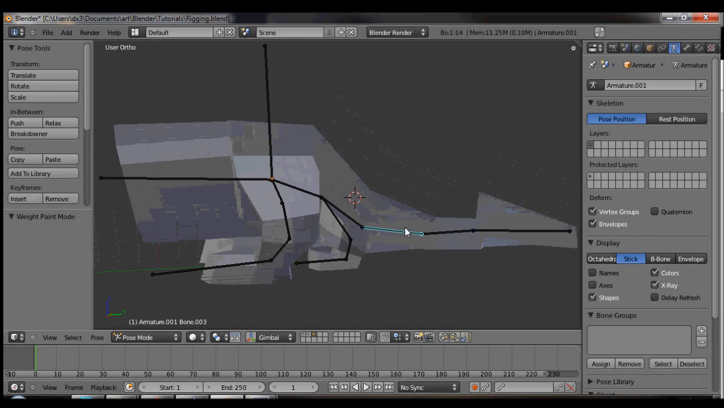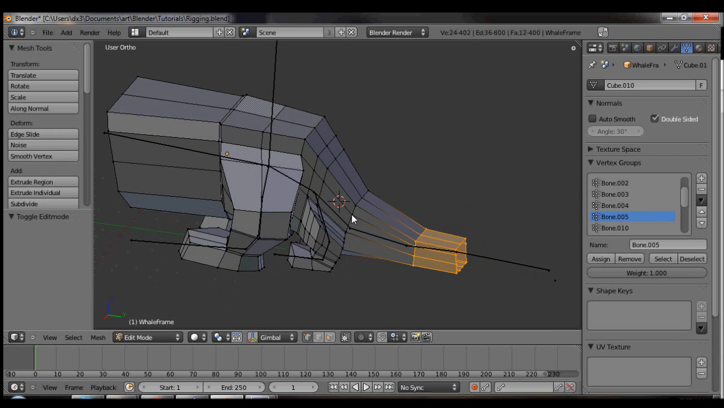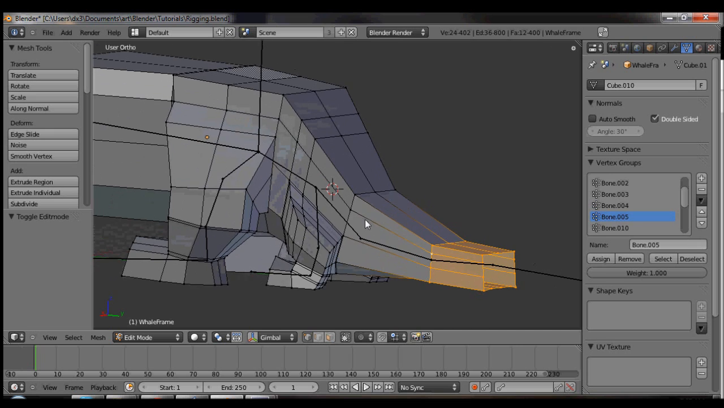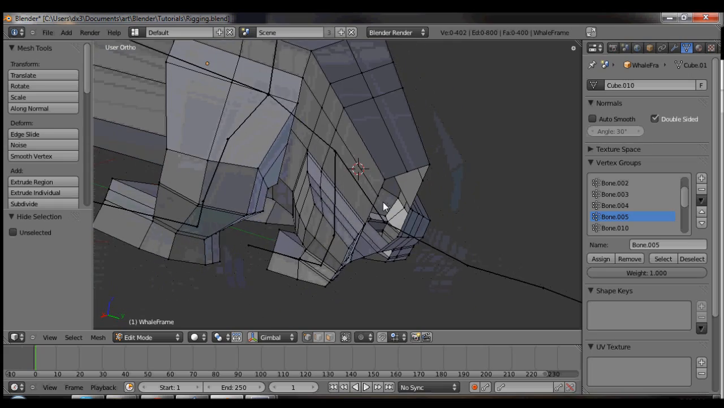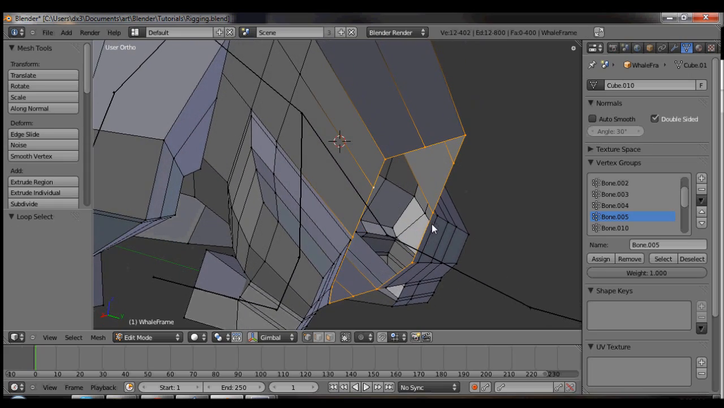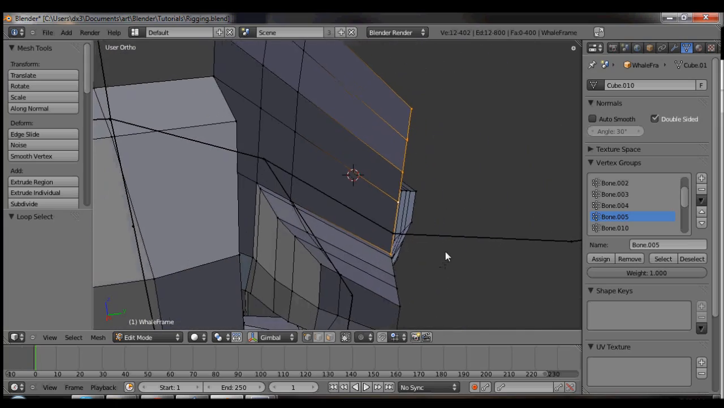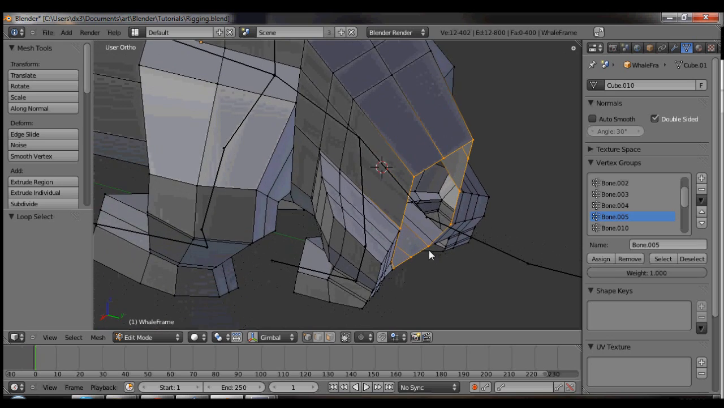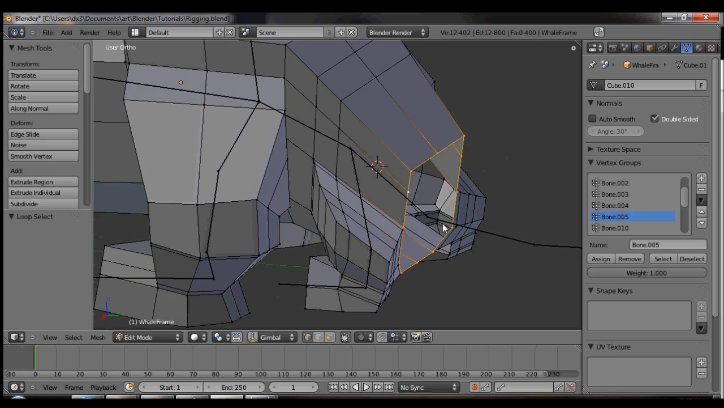This one would be bone.003. And I would like this ring to go with bone.003. I don't even actually know. Yeah, I'll just say that. Alright, so let's first off hide those ones that I don't want to go with bone.003. Okay, and actually I don't like this at all. I'm not even going to assign any vertices to bone.003. I'm going to assign these vertices to